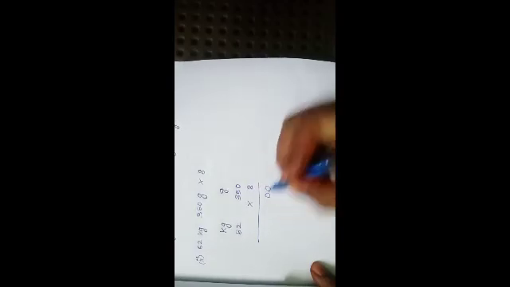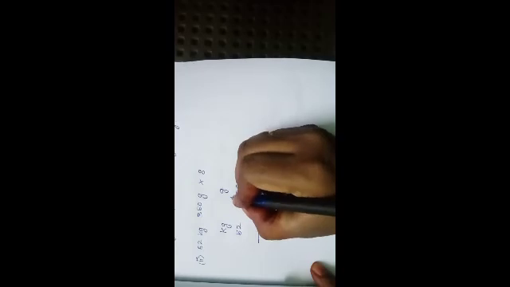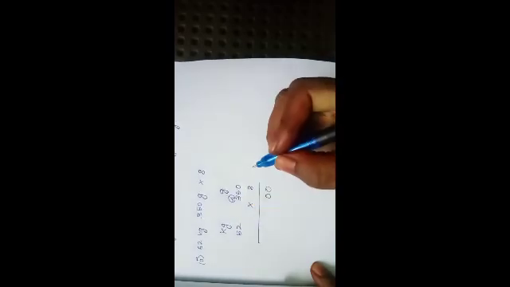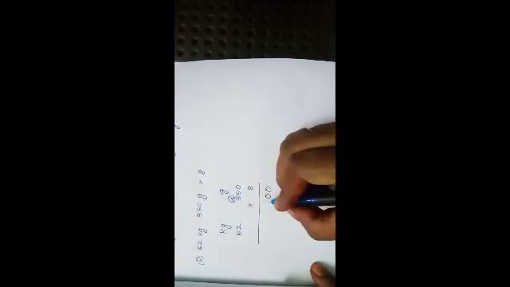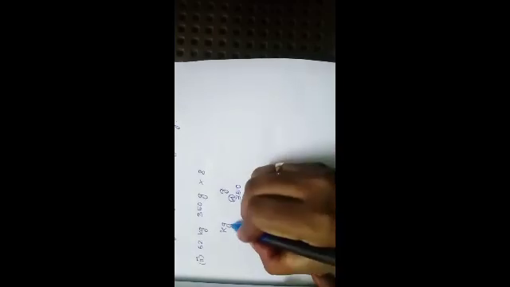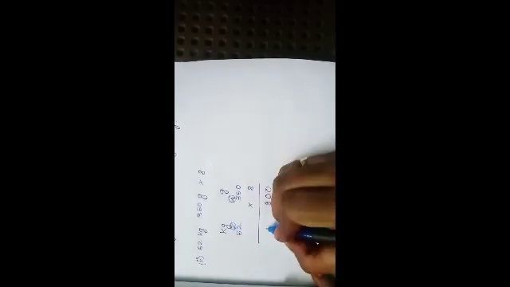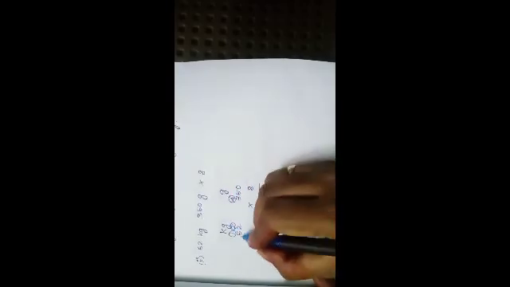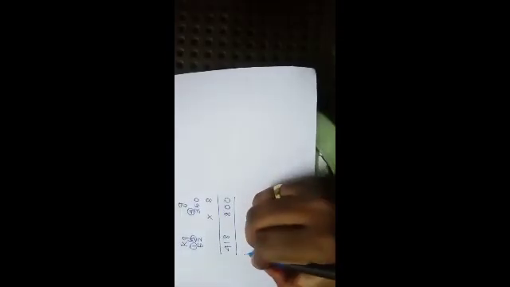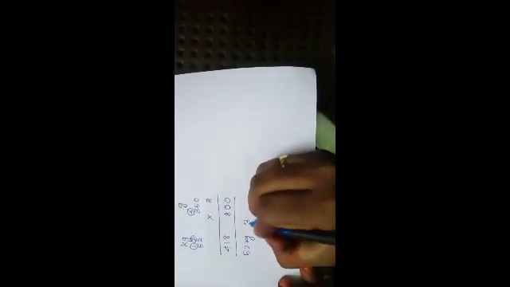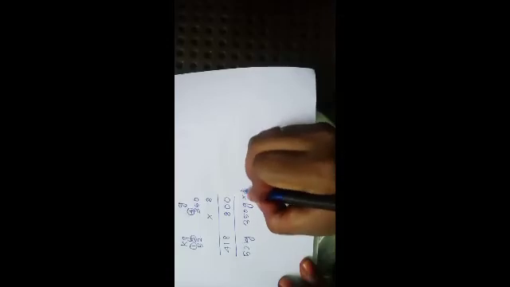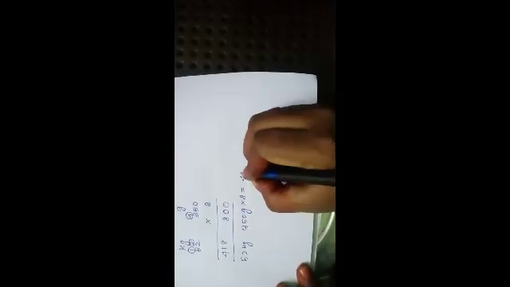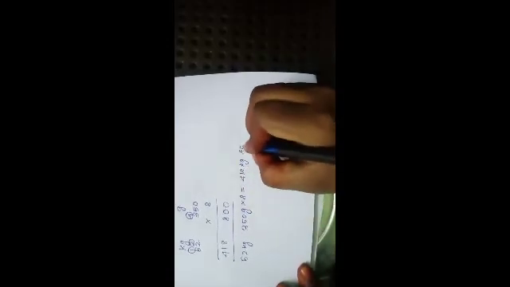0 8s are 0. 8 5s are 40. Carry over 4. 8 3s are 24. 24 plus 4 is 28. Carry over 2. 8 2s are 16. 16 plus 2 is 18. Plus carry over is 1. Here 8 5s are 40. 40 plus 1, 41. Therefore, 52 kg 350 gram multiplied by 8 is equal to 418 kg 800 grams. This is the multiplication sum.